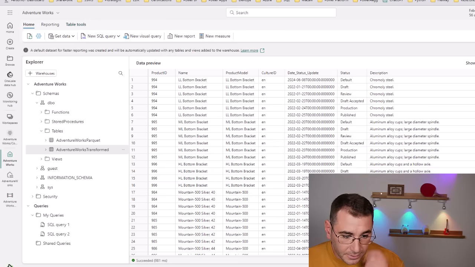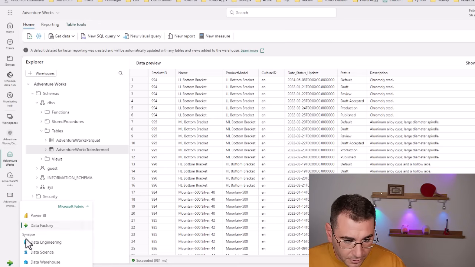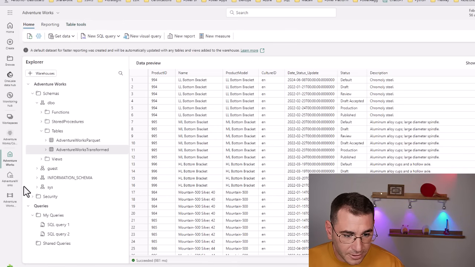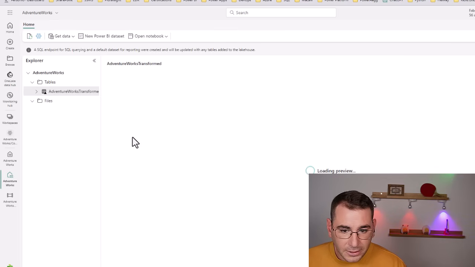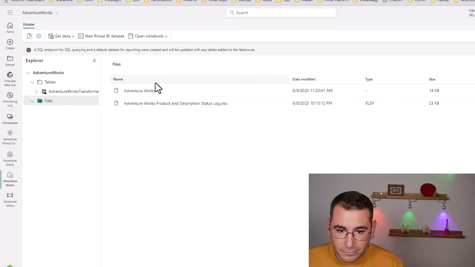instances, but there's another way you can navigate. It's here, so I can pick whatever section I want to be in. This doesn't really make much difference because here you can just directly go to it. So it's faster. And if I go back to the Lakehouse and I view the files, we can see here